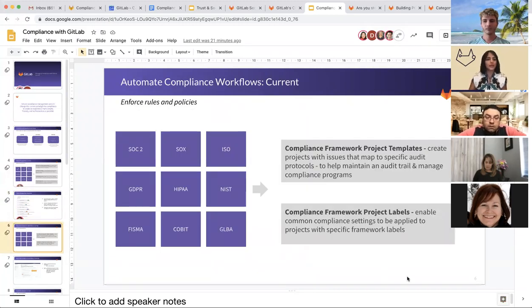The second key pillar that we spoke about was the ability to enforce rules and policies. So on this front, there are a bunch of frameworks that are available. Of course, currently we don't support all of them, but the first steps on this front have been started from the last release, where the first one is we've been able to define